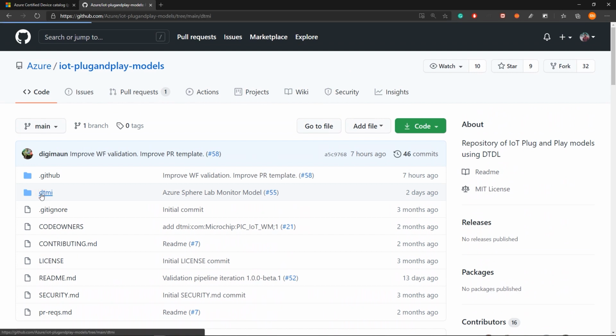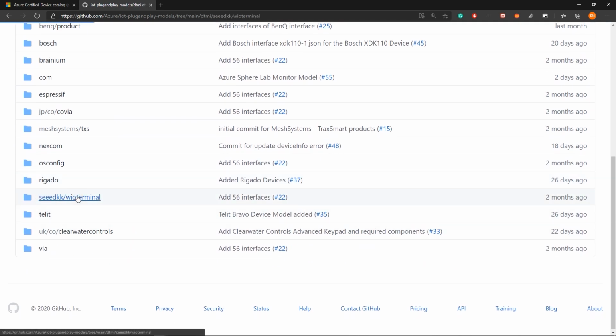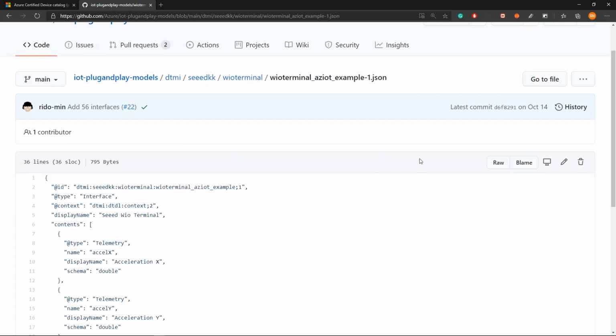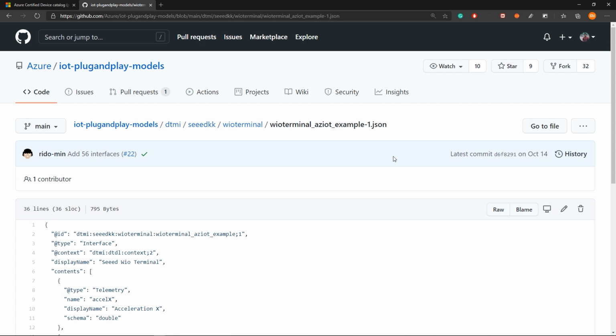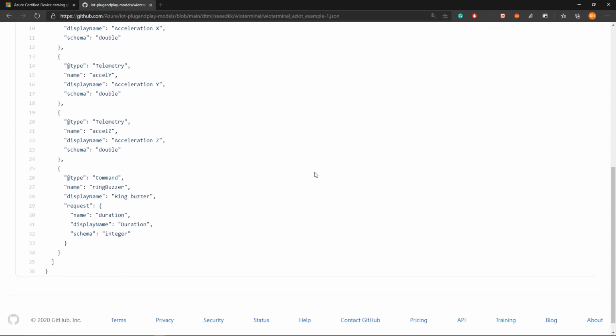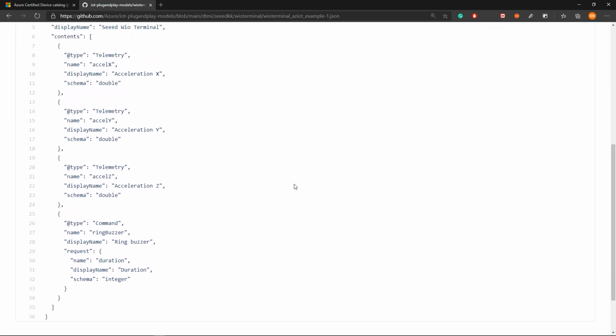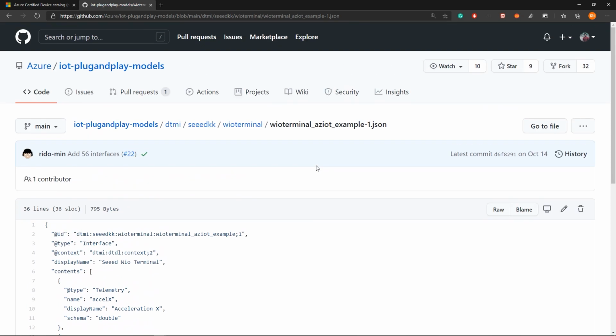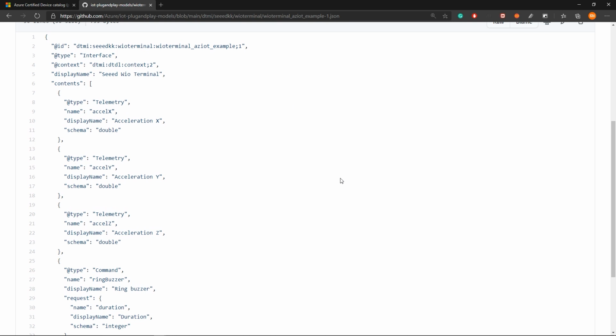And if you go inside here, you can see that the IoT Plug and Play model for the Wio Terminal is listed here. When you open Microsoft Azure IoT Central and upload this Wio Terminal Plug and Play model, all these device capabilities will be added to IoT Central automatically. So if a solution builder doesn't have the hardware on hand, he can refer to the device capabilities by loading this kind of Plug and Play model to build the solution for the device.